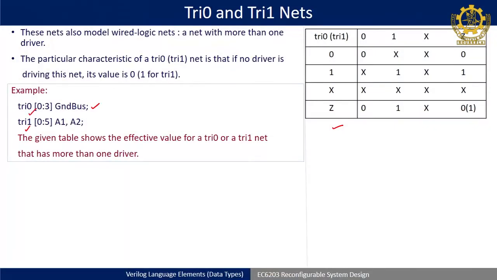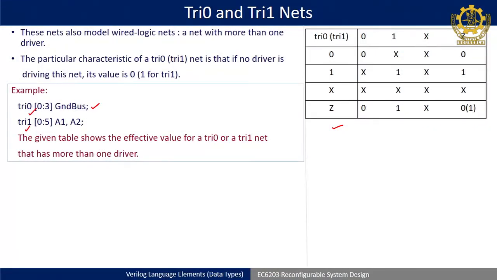So, when you are doing a CMOS inverter, if you remember, on top you have to put a VDD, at the bottom you have to put a ground. So, that ground has a certain value. You have to tell Verilog that ground should be driven to 0 volt and VDD should be driven to a high voltage, like digital 1 or 5 volt, if that is the maximum voltage of your design. So, at that time tri1 and tri0 are helpful.